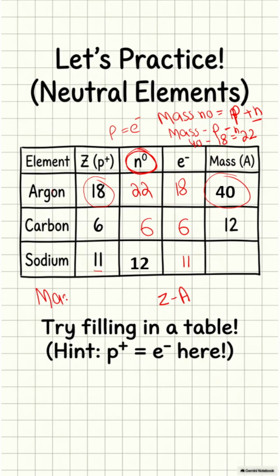By using its formula. Mass number is the sum of the number of protons plus the number of neutrons. So if there are 11 protons and 12 neutrons, when you add them, you will get the answer of 23. So the sodium